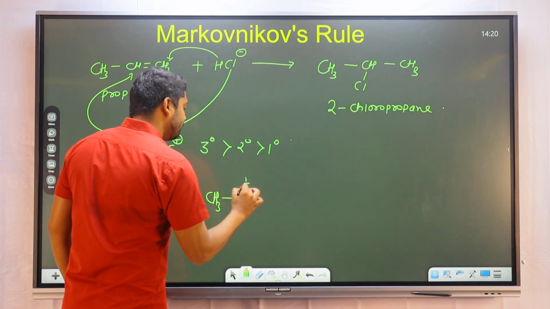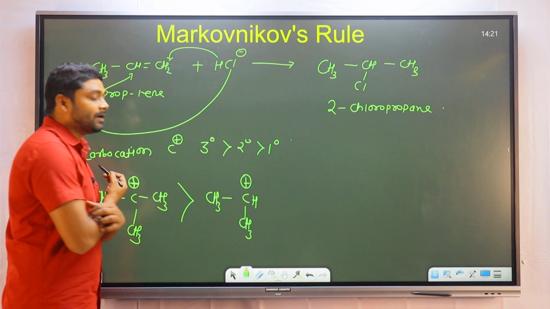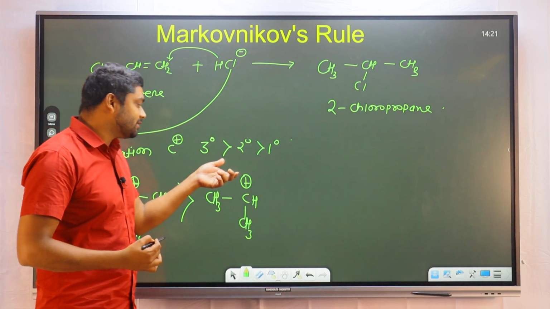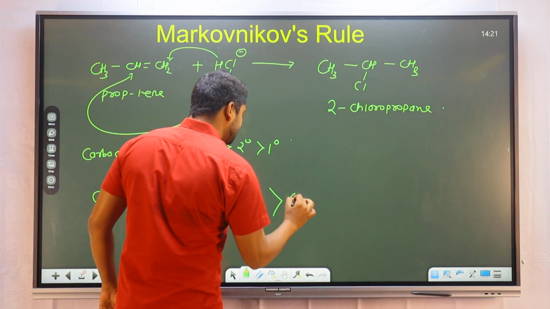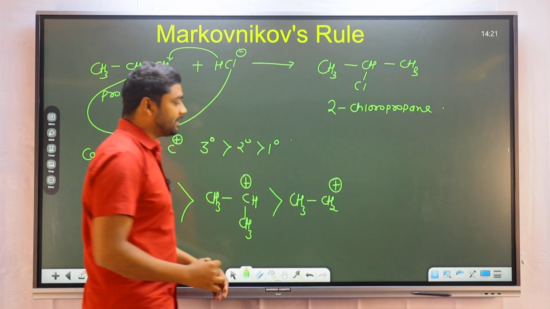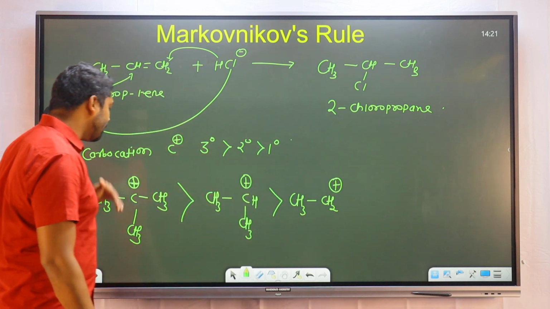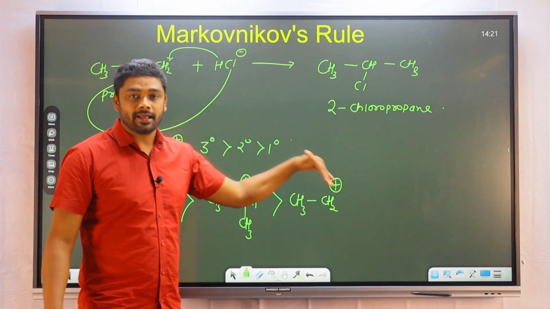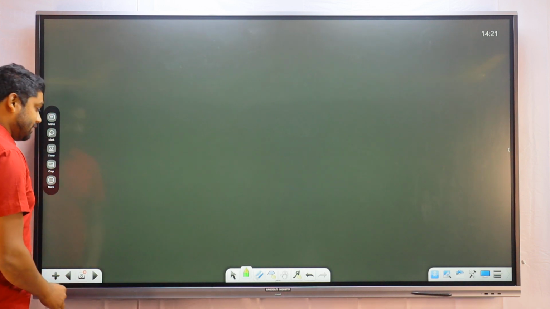Instead, when you have a secondary carbocation, the methyl groups, or electron donors which stabilize the plus charge, are fewer than in a tertiary, and here this number decreases again. So the stabilization of the plus charge by electron donating groups decreases as we move down from tertiary to secondary to primary. This is the important aspect of this reaction.